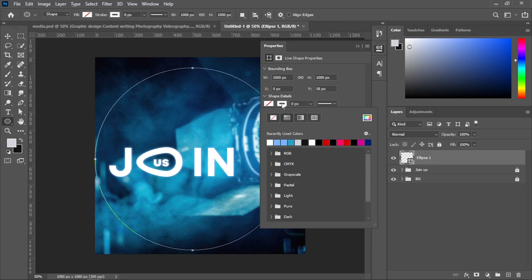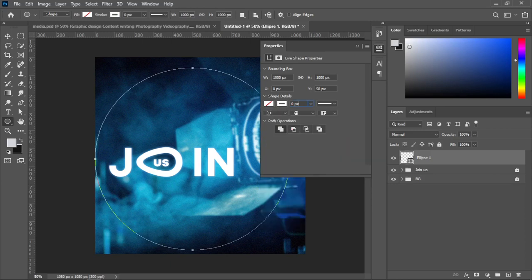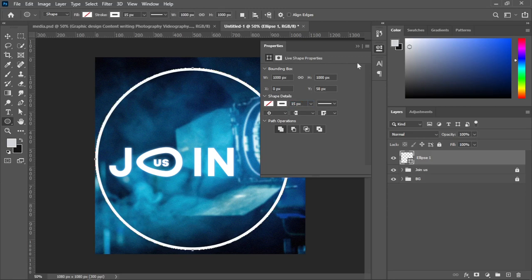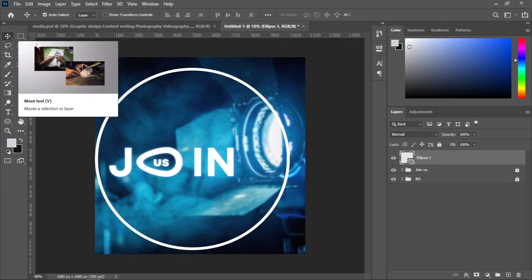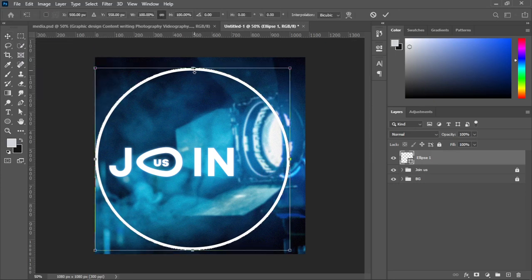So now you see that it has white on it. There's a color. This 0 means that there's no stroke, so you increase it by whatever value you want to have. I want mine to be 10, but this 10 is looking too small for me. So I come here and increase it to like 15. 15 is okay. So I click on my move tool, and then I press Ctrl T on the